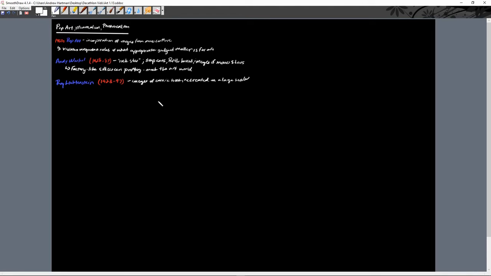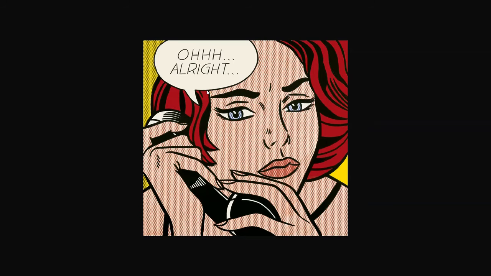And what he uses is the pattern of dots used to print them, which is very obvious. The pattern of dots made massive, the kind of stippling style. It's not quite stippling, but it's got the same idea. Let's take a look at one of his. Again, you can see the dots that you would typically see in comics. This looks like a comic. So that's Roy Lichtenstein's style.